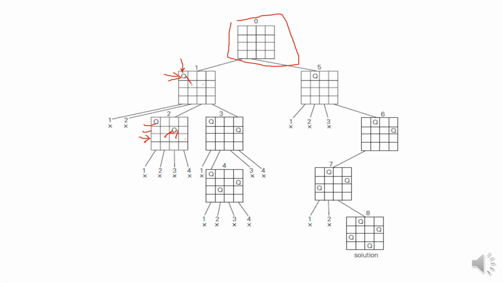You try to place it here. Once again, the problem occurs because the queen will be placed on the same diagonal as that of queen 2. So in this case, you cannot expand this particular node further to get a solution. So why has this occurred? Because you would have wrongly placed queen 2 in the third column. So we go back and try placing the second queen on the next position, that is in column 4.